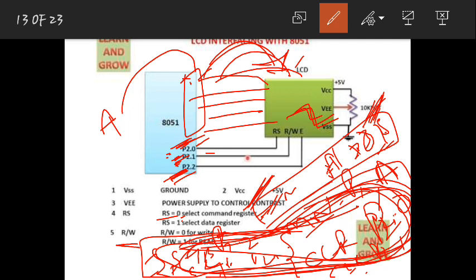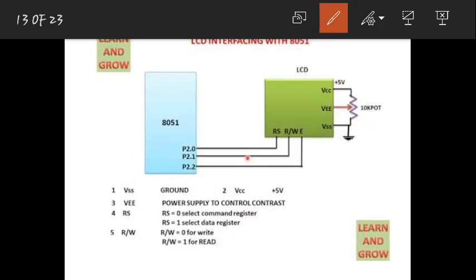For different commands only this will change, and these things will remain the same, because always you will select the command register, RS equal to 0. Before that, always you should send A to port 1. After that the command register should be selected, and the command should be written by making R/W equal to 0. Then enable, always high to low. So these lines are common, right? Are you understanding?